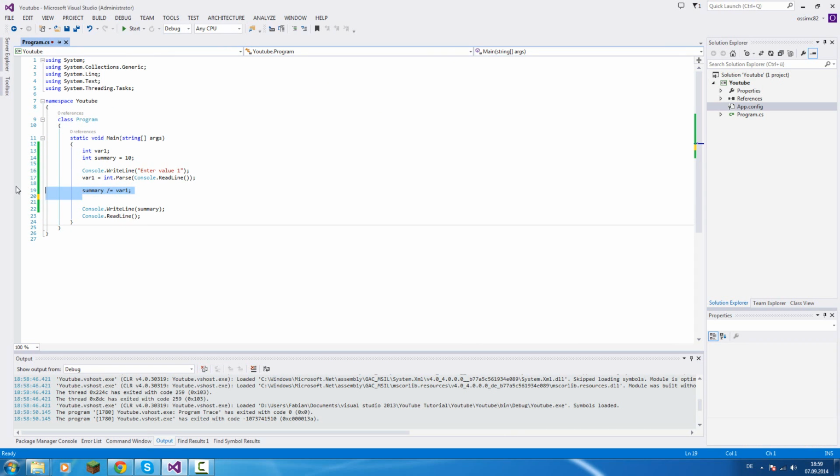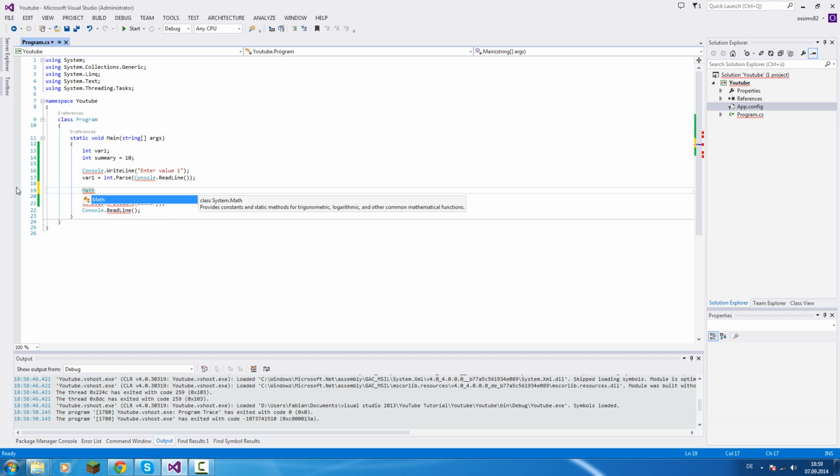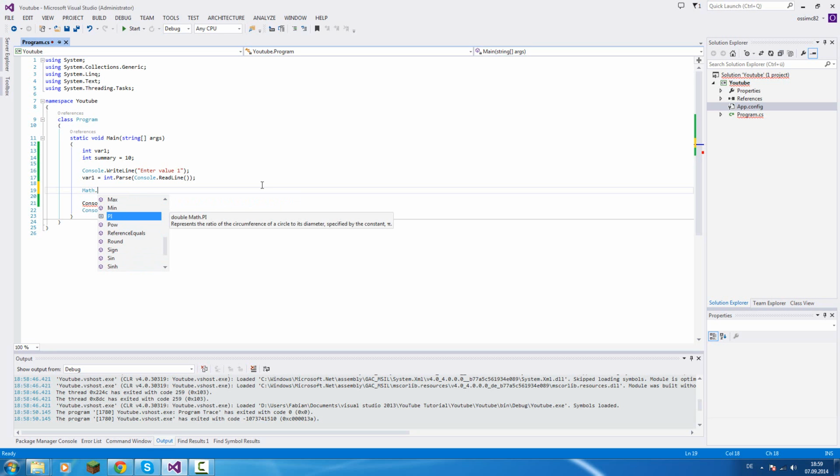There's also, maybe we should look at that, a class called Math, and you can see it provides constants and static methods for trigonometric and that stuff. So we can use here Math.Abs and all that stuff. We have also the constant value Math.PI. We can use Round, tangent, sine, cosine, all this stuff. I'm not that good in math, so